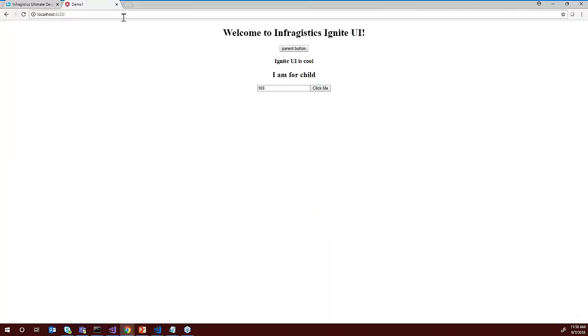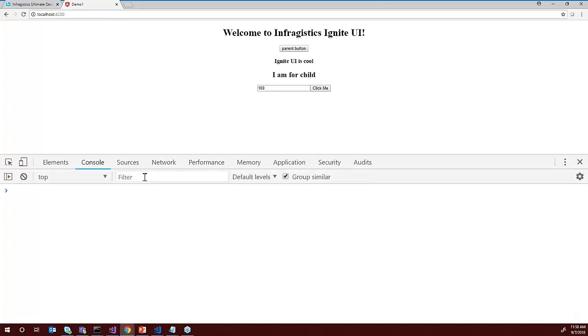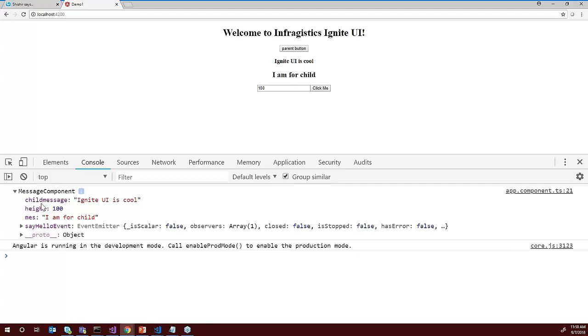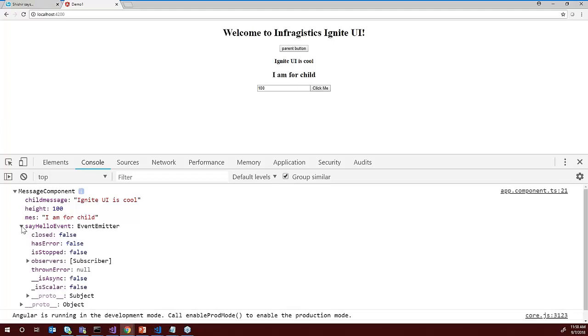Okay, and function F12. You see that in app.component.ts message component is available to us, and every property and every function of that message component is available to you right there. So here you see child message, then height, and then MES, that it has the event, and everything. So now it is available to you. You can use it the way you want to use it. So this is the fourth way